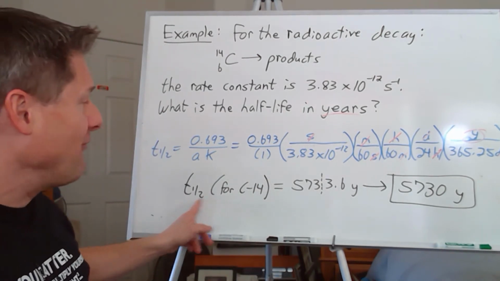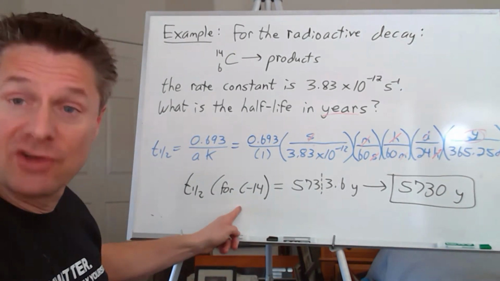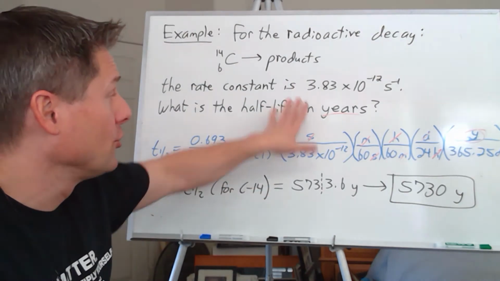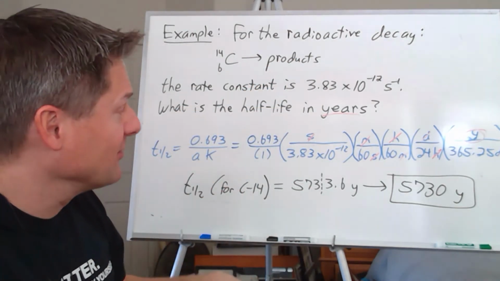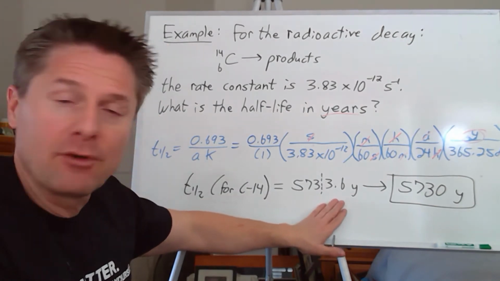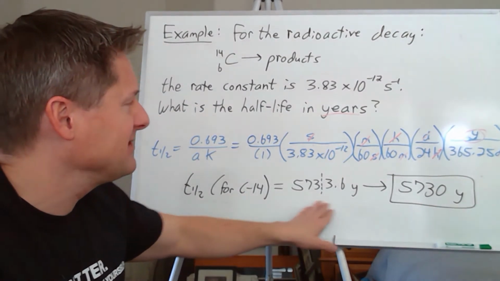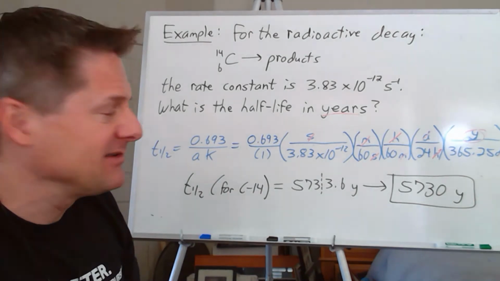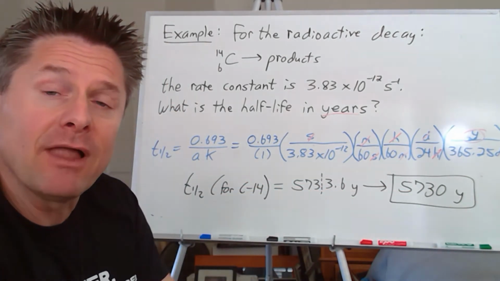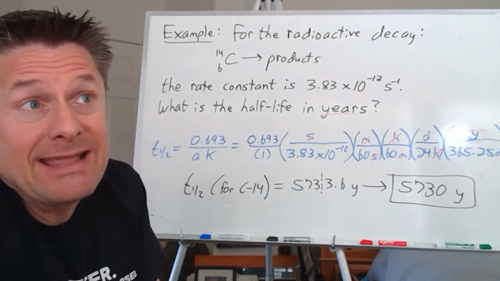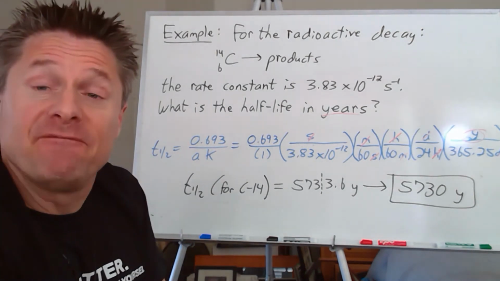So the half-life for the carbon-14 isotope, which undergoes radioactive decay, and if you take nuclear chemistry, you'll be able to know what those products are and do the kind of cool equations. I get 5,733.6 years. Good to 3 sig figs. Round that to 5,730 years. That's typically the number you're going to see for the half-life of carbon-14, which means every 5,730 years,